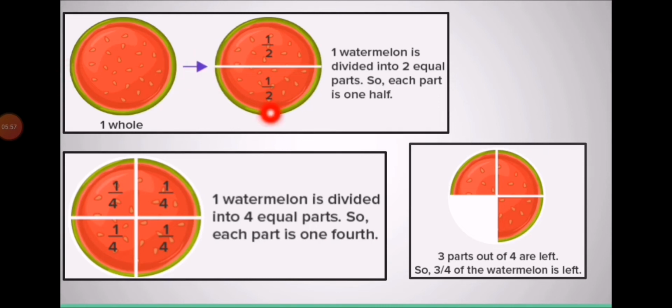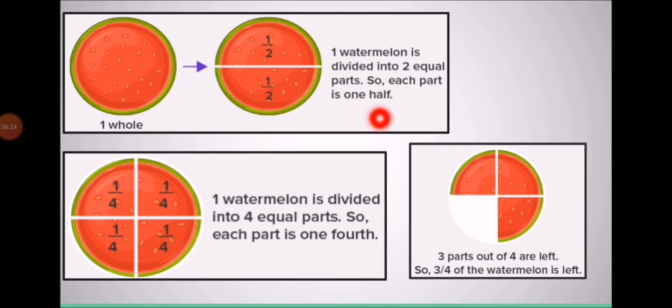Now, I'm giving you one more example. You can see it's a watermelon. It's one whole. It's a complete whole, a closed shape. So we can say it's a whole. Now, you can see it is divided into 2 equal parts. Equal means that the parts have the same size. You can see both parts have the same size. So we have divided this whole into 2 equal parts. One watermelon is divided into 2 equal parts.